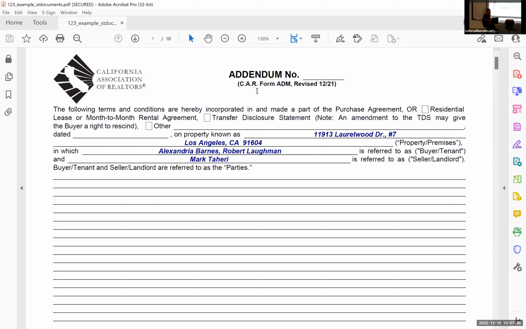Some addendums are boilerplate for common situations, like if you're making a contingent offer where the buyer says, yes, seller, I'll buy your house, but only if I can sell mine. Here are the terms about that. Or a backup offer addendum, which we'll look at. Or a probate sale addendum, or if there is a pre-form addendum for it, it's going to be in